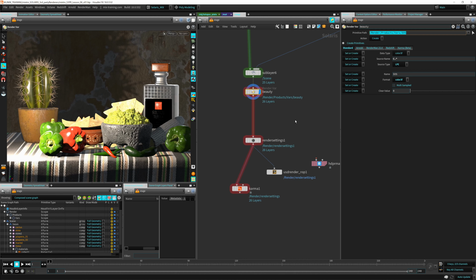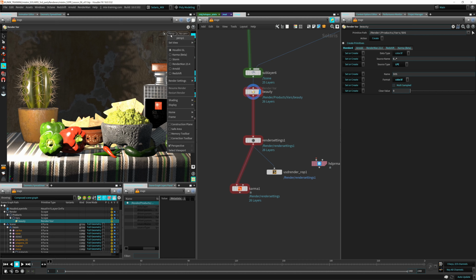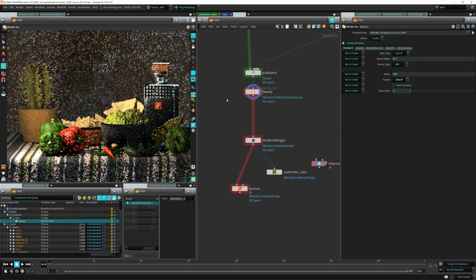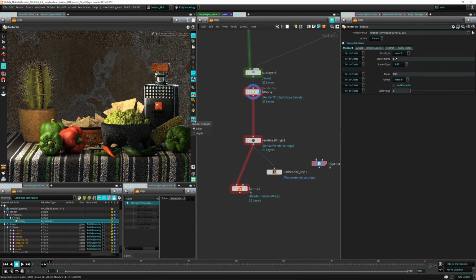So don't change this path, leave it at the render, and just leave everything on the /render. So you can see here it's creating that, and we have a beauty render bar here now, which is great. Now to see it, of course, we will have to go to Arnold and activate it,